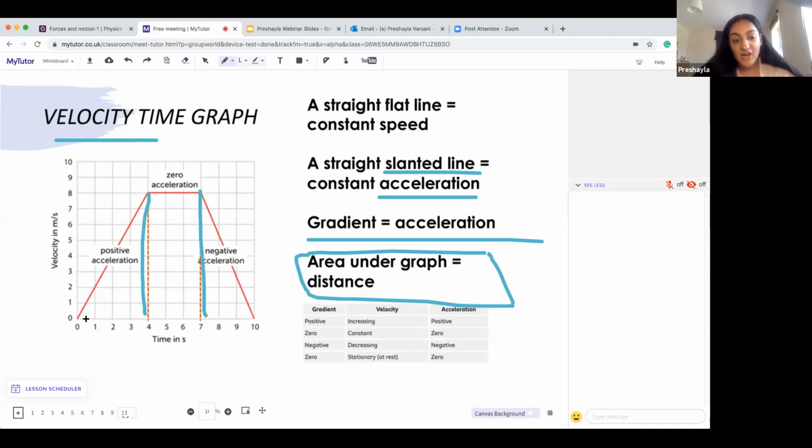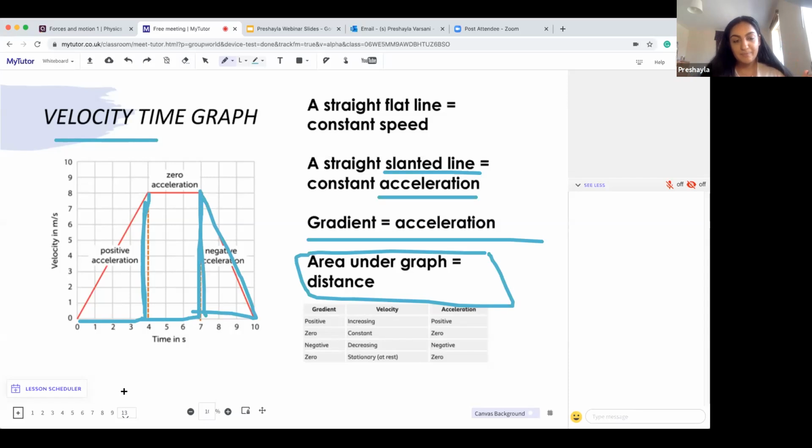Remembering that the area of a triangle is the base times the height divided by 2. Area of a rectangle is simply the base times the height, and the area of the triangle again is base times height divided by 2. So once you've added up all of that area under the graph, we have our distance. So in a speed or velocity time graph, we get two important bits of information. The first one is that the gradient is the acceleration and the area under the graph is the distance or